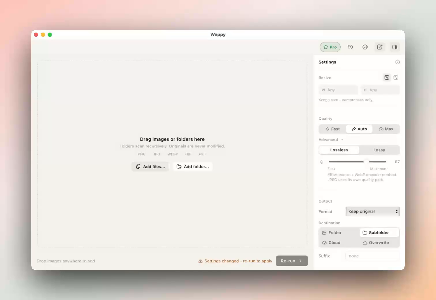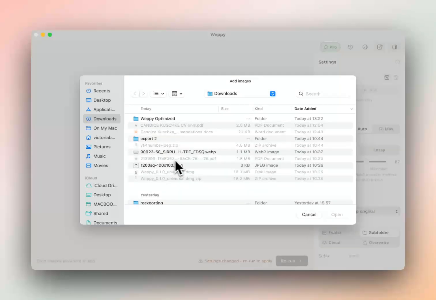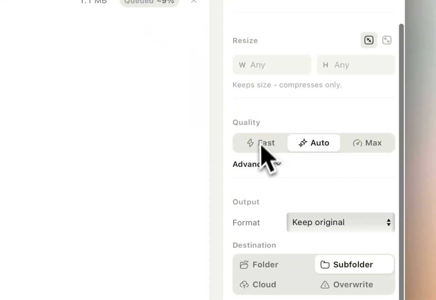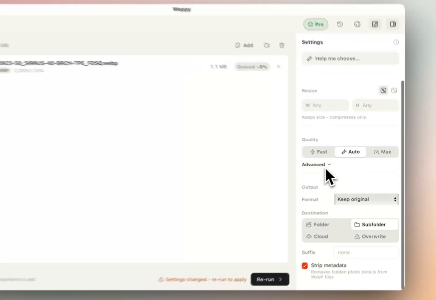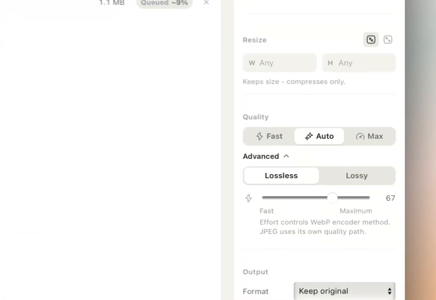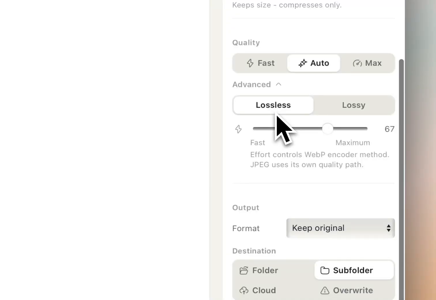I'm going to upload a Weppy image and I'm going to pull it from my downloads, and you can see here I've got this bike image. It's a Weppy. And then when you come into the quality tab on the right hand side, you have an advanced accordion drop down, and I'm going to open that,